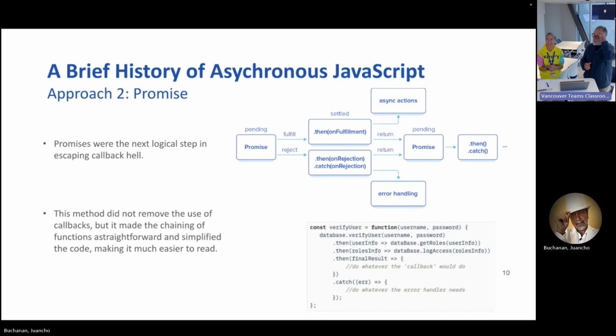Yeah, there you go. But basically, with async actions, and this is the exercise we're going to do in class, you do something. And then if you succeed, then do something. And if something gets rejected, so go get me a sandwich, you bring me a sandwich, then I eat it. But if you go there and there's no sandwich, you say there's no sandwich. So then I say, well, then go buy me one. So you're going to take a different course of action based on what happens when I try to do what you've asked me to do.